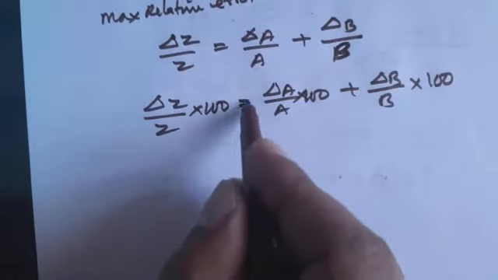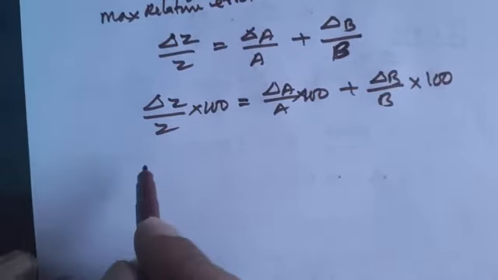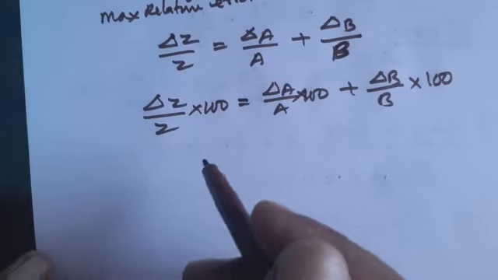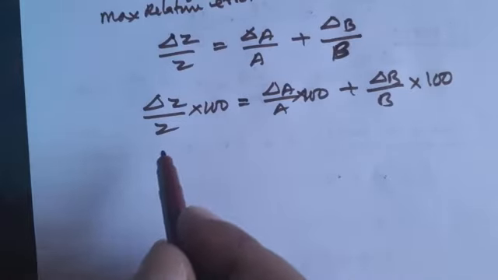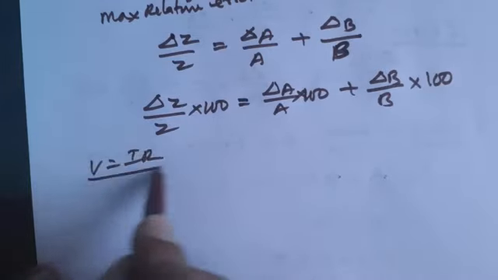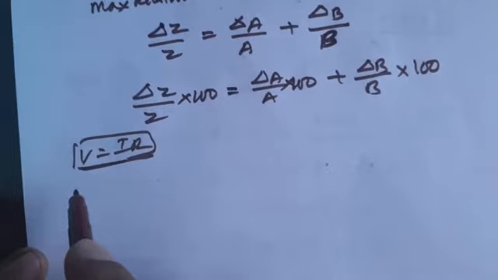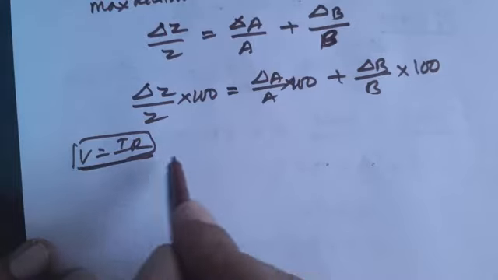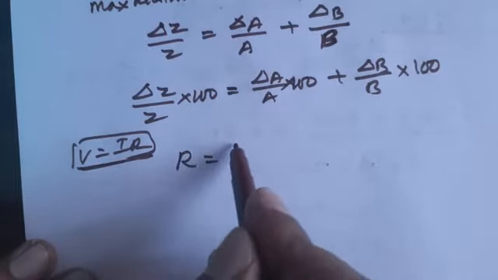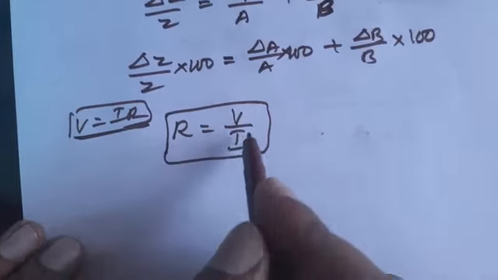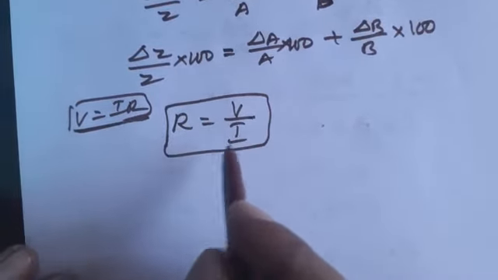In measuring the current, resistance or voltage in a given circuit, we are applying Ohm's law. We are already aware of Ohm's law. What is Ohm's law? V equals I into R. Now you are supposed to find a resistance by giving voltage and current. So resistance becomes V by I. So this involves division. I will give you one simple illustration.